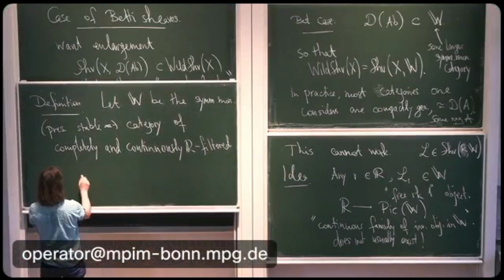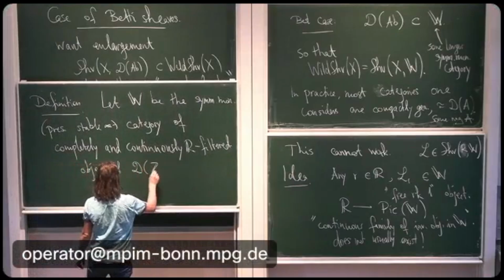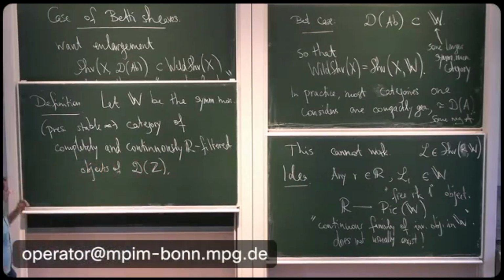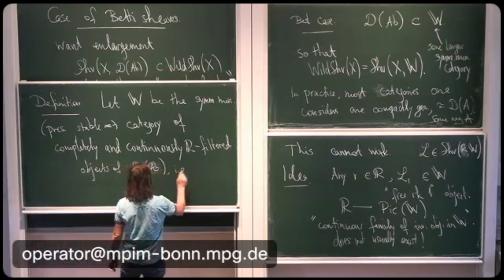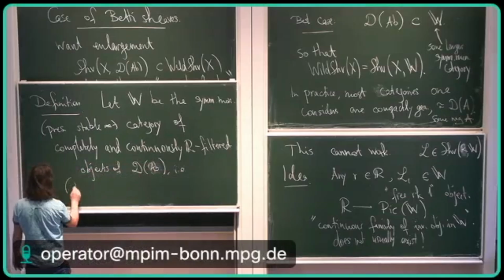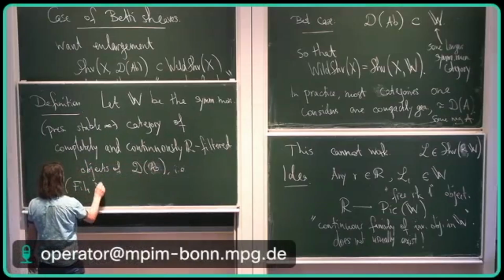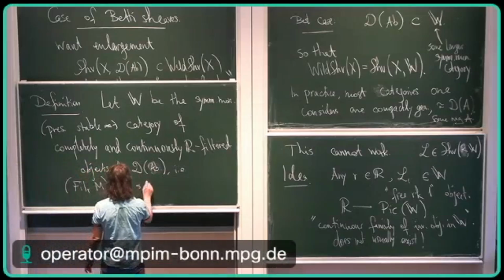R-filtered objects of the derived category of abelian groups, i.e., a chain of objects Fil^R M for all R, some kind of ascending filtration, such that